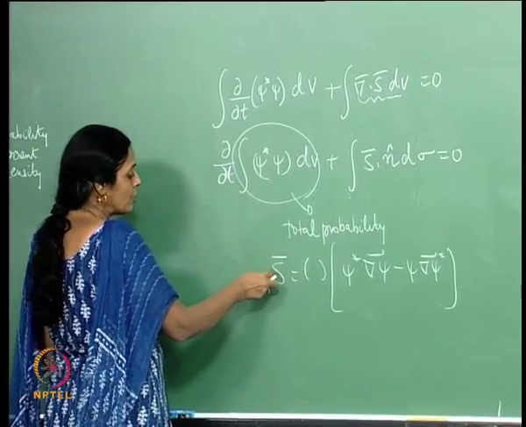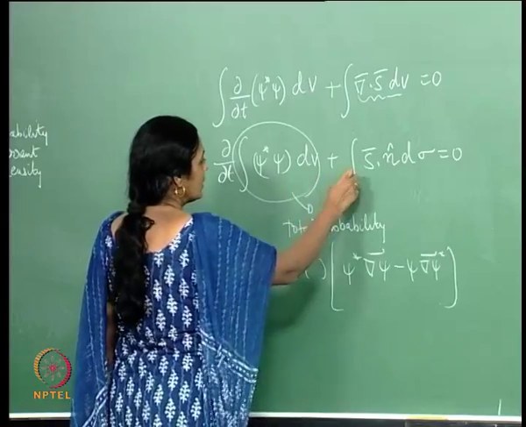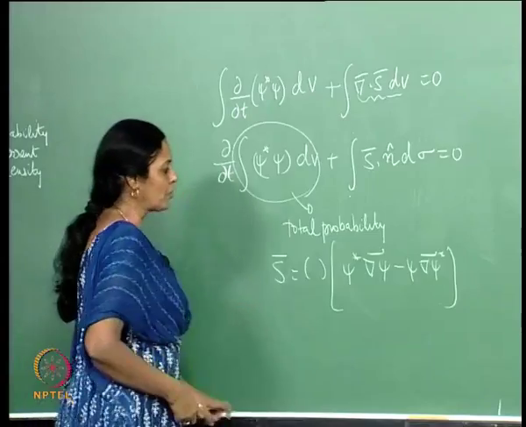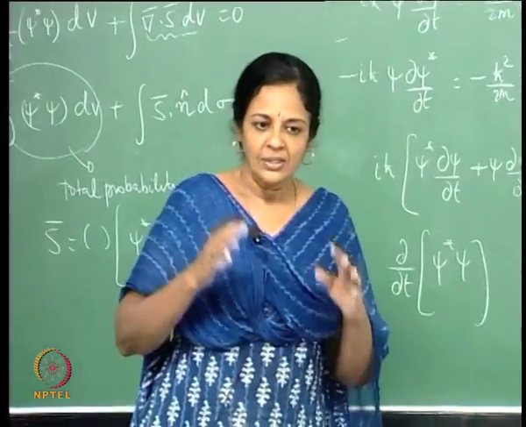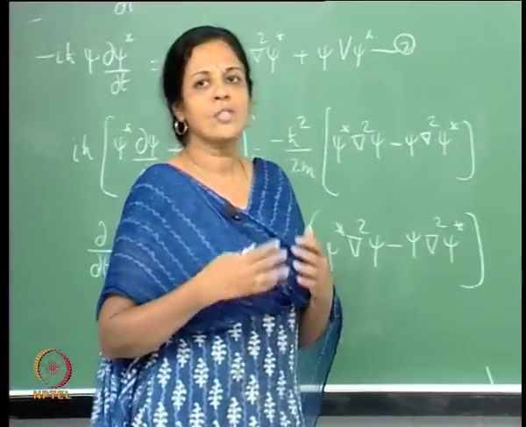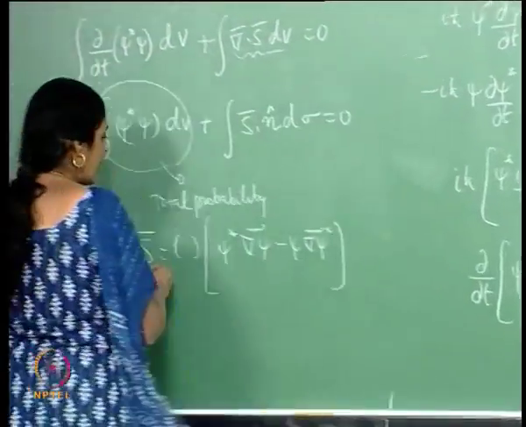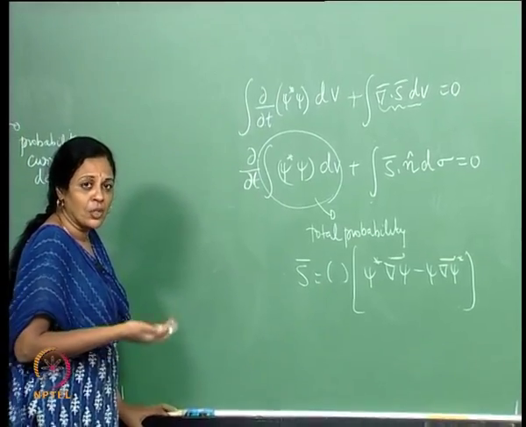That will see to it that S vanishes sufficiently fast so that this term drops out, and I have delta by delta t of the total probability equal to 0, which means that probability is conserved. The statement that total probability is conserved holds for all instants of time. So that's what we see here, and therefore this automatically takes care of the boundary conditions for solving the Schrodinger